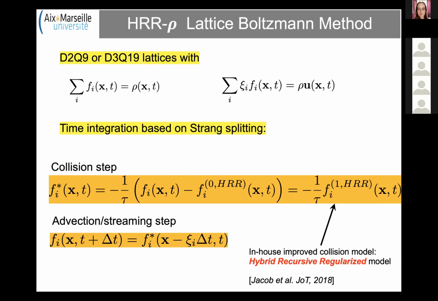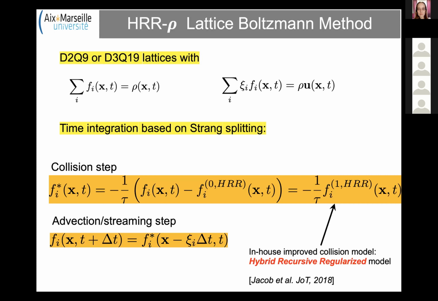The time integration is based on a classical Strang-like splitting. We first compute the collision step. This is what you can see here, defining an F star, which is an auxiliary solution corresponding to a relaxation toward equilibrium. And after that, we have the streaming or advection step. And using a smart change of variable, it's possible to compute that in a very efficient way in terms of CPU by just doing some kind of shift in the computer memory, and that corresponds to a second order accurate discretization